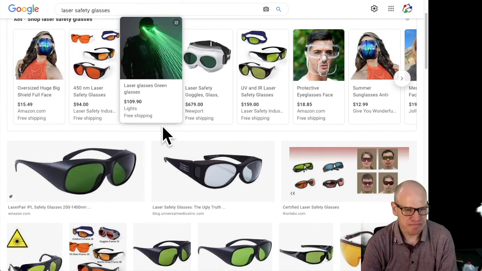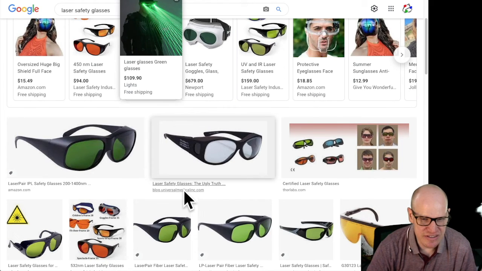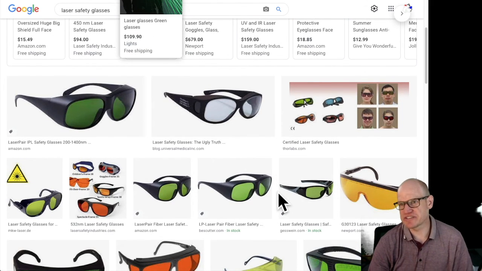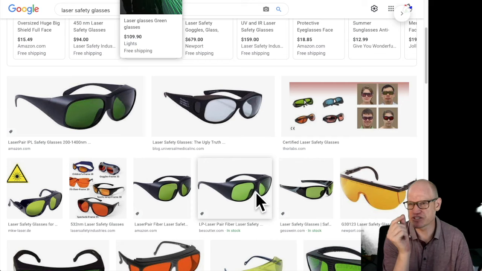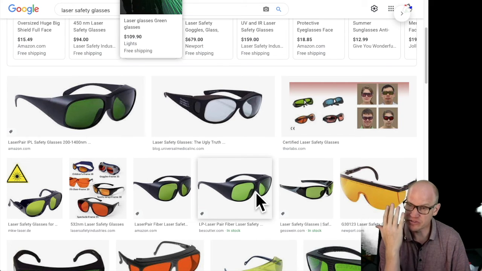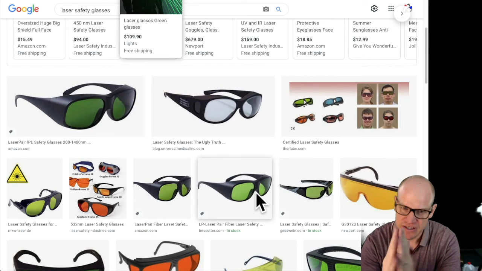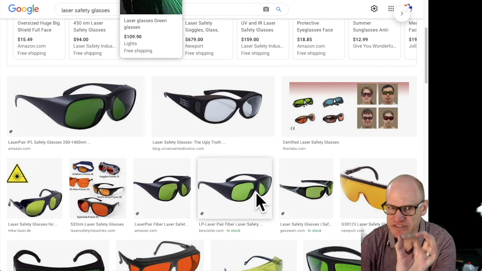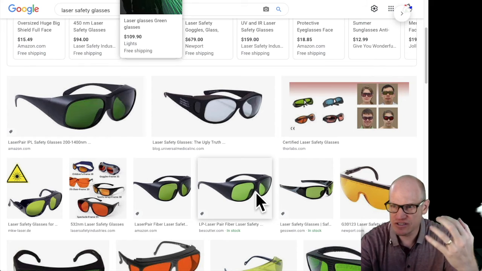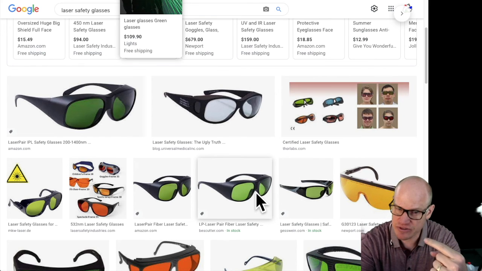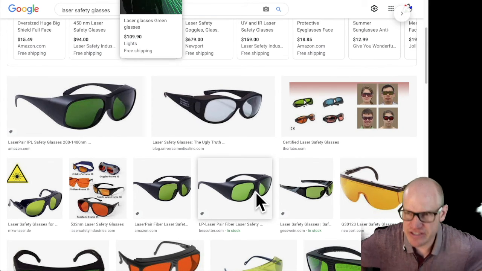All right, so anyways, notice that they're different colors. The reason that the safety glasses are different colors is because they're designed for specific lines. They're designed for specific laser colors. Lasers have a very narrow spectrum, and so they correspond to specific wavelengths. And so you choose your glasses so that wavelength reflects off of your glasses, and the other wavelengths can go